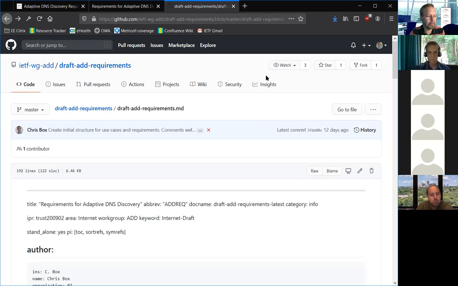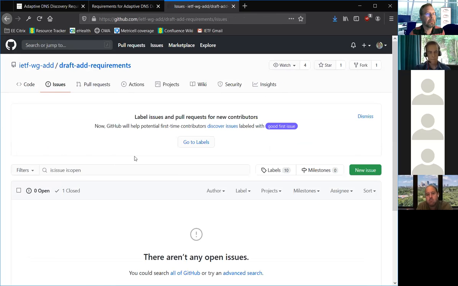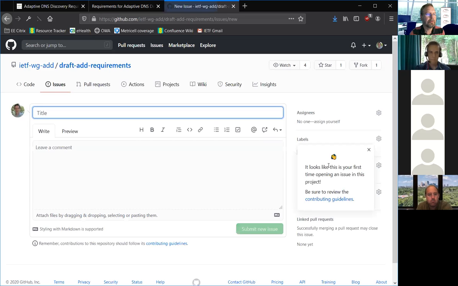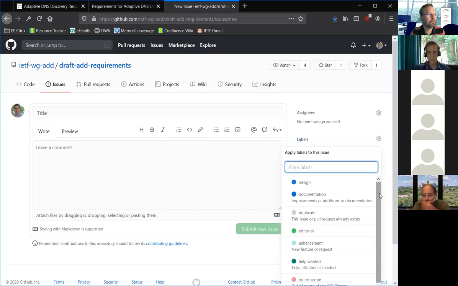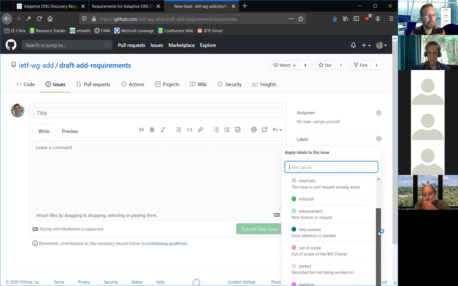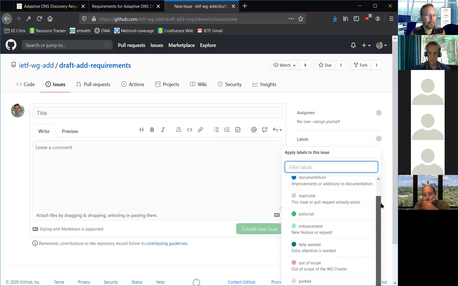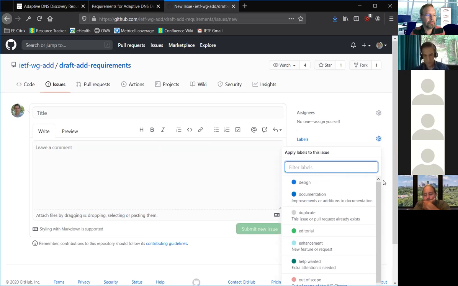And inside the issues thing, if you've done work in any other place, if you click on issues there, when you go to new issue over on the right hand side, Chris, just click there. There is a bunch of pre-configured tags. On the right hand side it says labels, and if you click on there, there's a bunch of labels that have been set up, specifically focused around the IETF process, so that you can contribute issues here against the document and say, hey, I think you should just